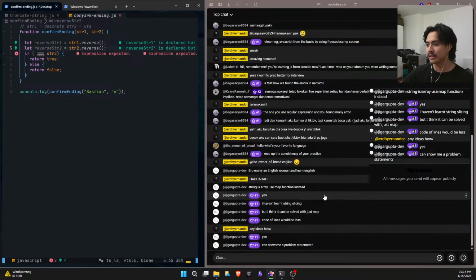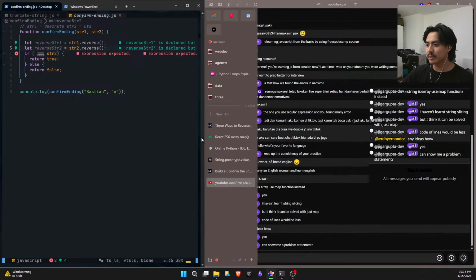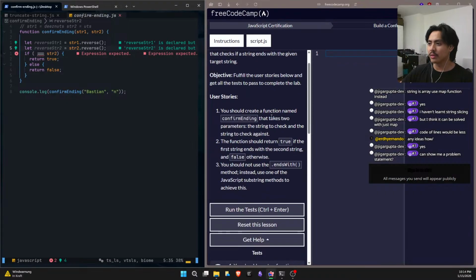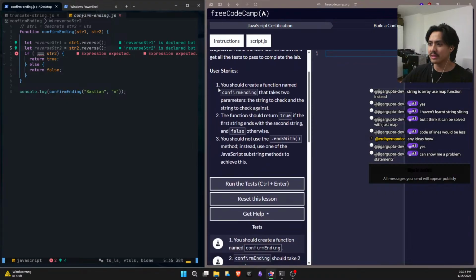We'll try it. Can you show me the problem statement? Yeah, sure. This is the problem statement. So you should create a function name this